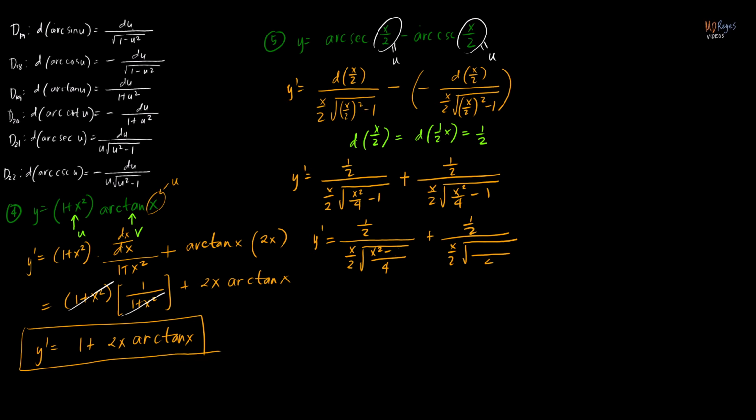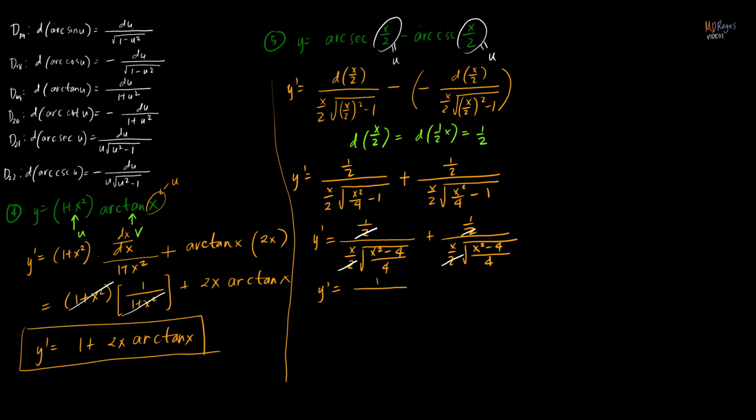This is 4 in the radicand, x squared minus 4. So this is also x squared minus 4 over 4. Alright, so now simplifying, we have 1/2 in the numerator and 1/2 again in the denominator, so we can just cancel this out. Okay, when we simplify, we'll get y prime equals